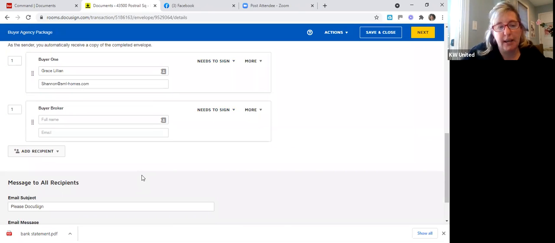It is up to you if you would like your clients to all sign at the same time in the number one signing position. My preference is that you set them up in a chronological signing order so that someone is signing first, and then when they finish signing, it goes to the next person, and so on and so forth. There is a reason for this, especially when it comes to the contract documents, that it's important to have them in a chronological order so that every person sees any changes that are made,